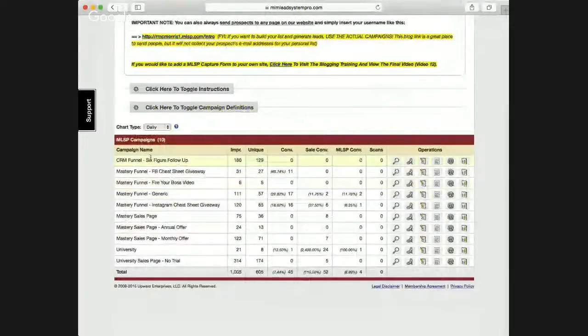All right, so you'll see this was the CRM. You've got the Facebook cheat sheet, Fire Your Boss, a generic mastery funnel, Instagram, the sales page, guys. You see all this stuff here. This magnifying glass right here will give you the pop-up. Okay, so if you want to actually see what prospects get when they put their information in,